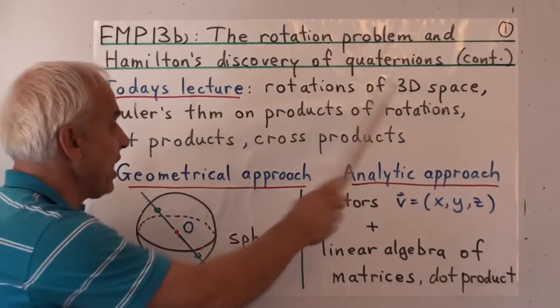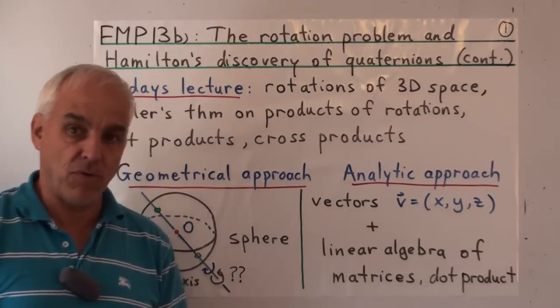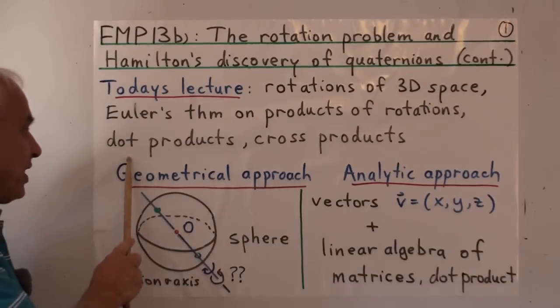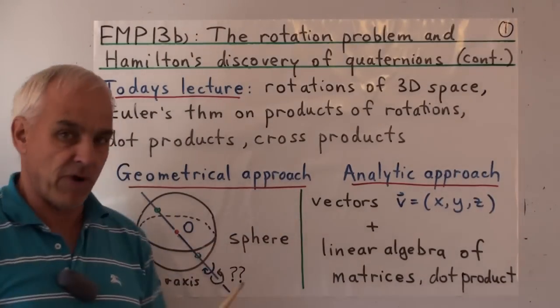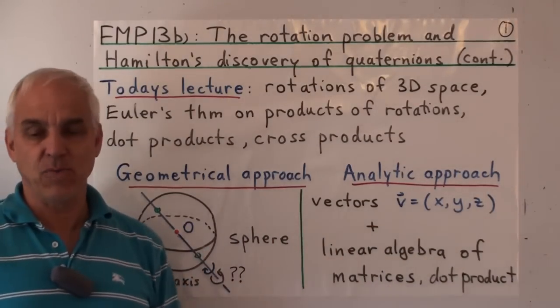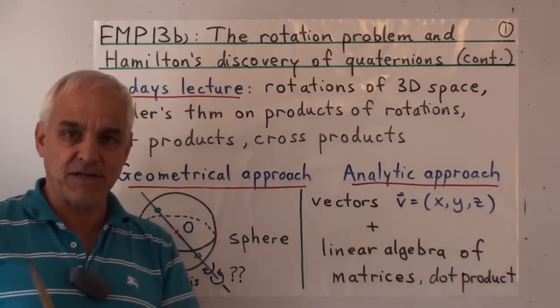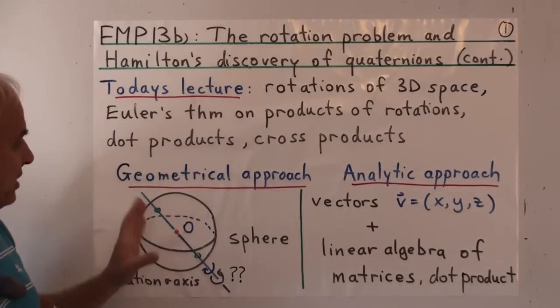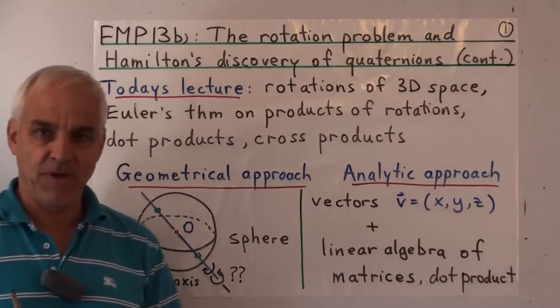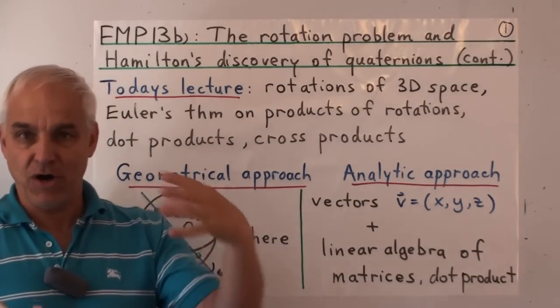So we're going to talk about rotations. We're going to get to Euler's theorem on products of rotations, and we're also going to introduce dot products and cross products. Now there's sort of two different ways we can approach this topic, and they're complementary, but it's interesting to keep them separate. One is a purely geometrical approach, where we think about the physics, the geometry of rotations